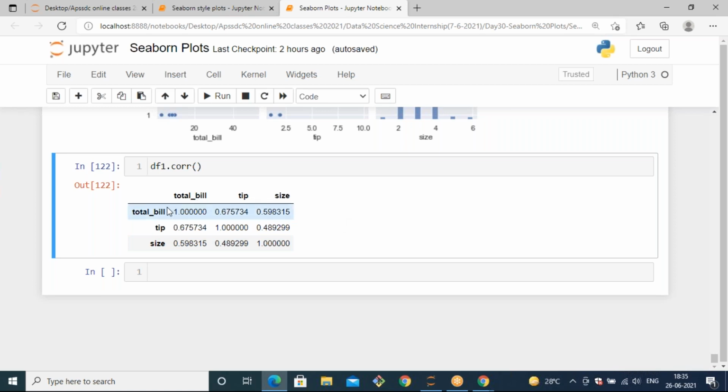When the target is total bill, if you want to predict your total bill, in that case you are going to find out the relation between total bill and the rest of the features. So total bill to tip, total bill to size. Based on that, you can find out that out of these features, total bill has a relation with tip only, it may be 0.6.